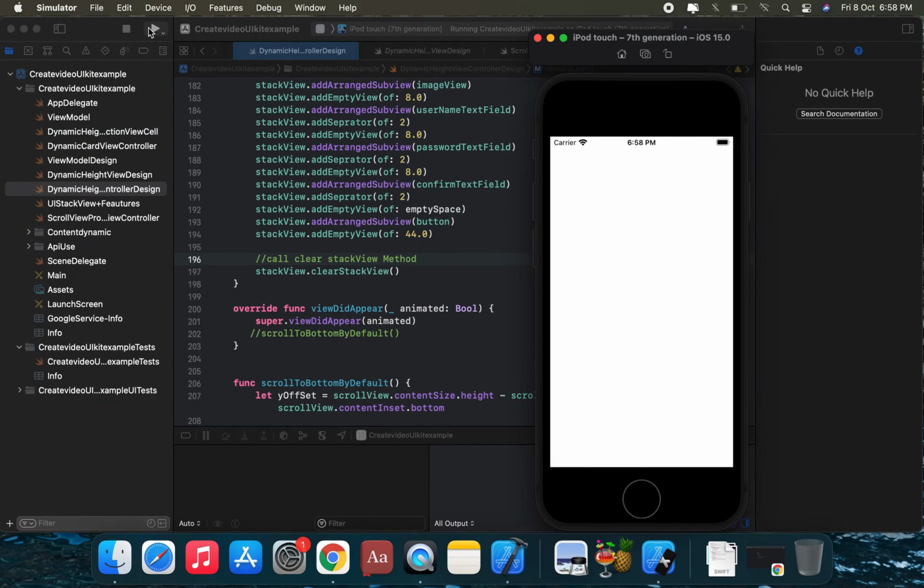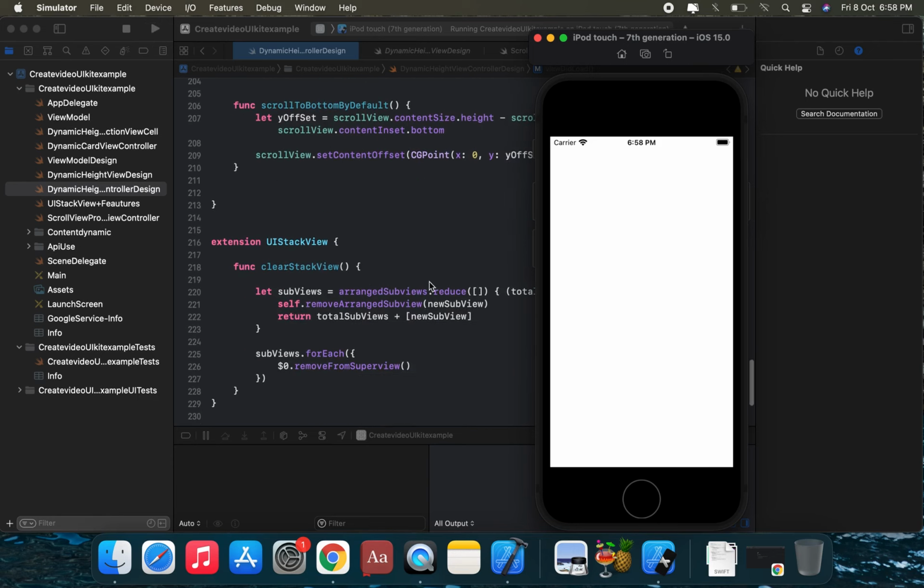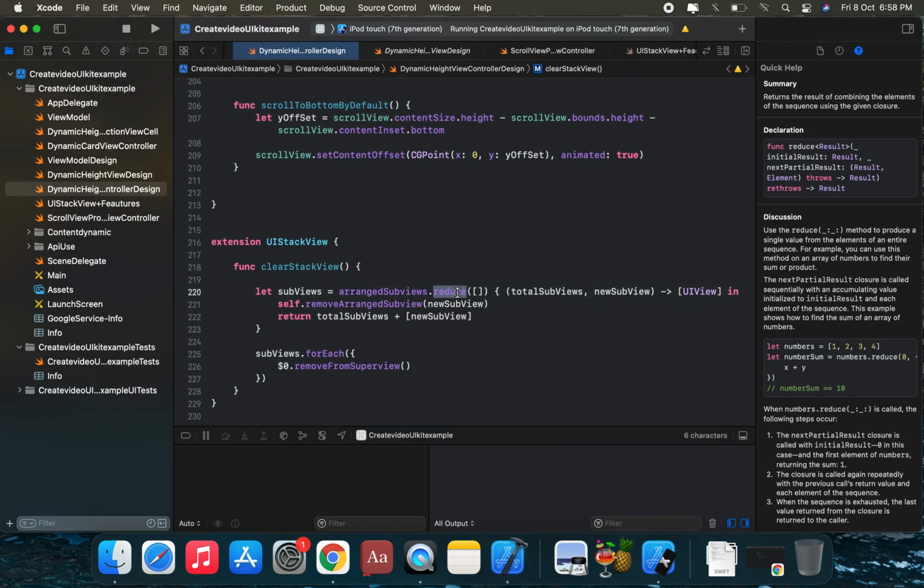To clear this stack view, first we will remove arranged subviews one by one using the reduce method of an array in Swift.